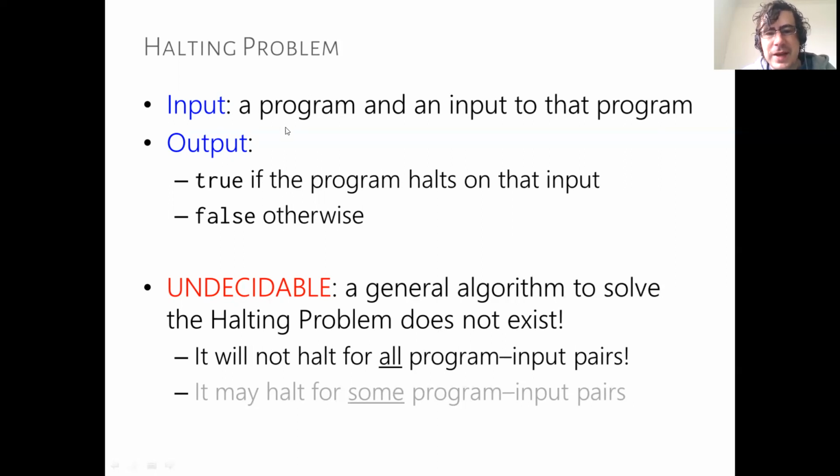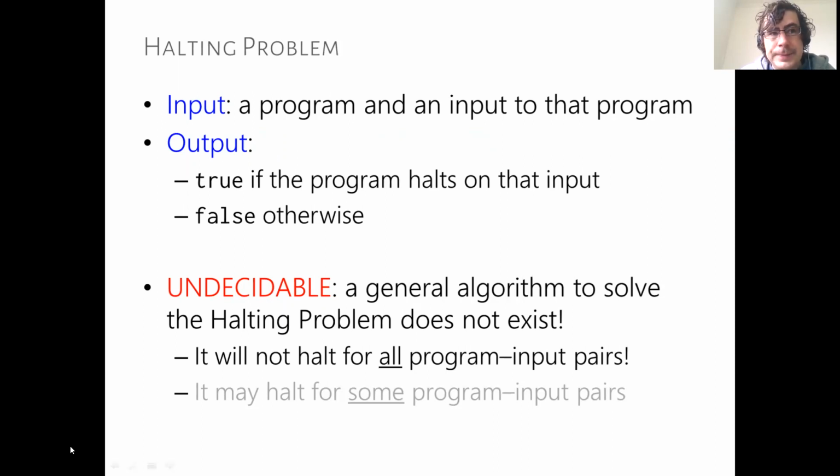So in some cases, yeah, we can pass the program and an input, and we can, for example, just run the program with the input and wait a bit, and after 2 seconds it stops, and then we can output true, right? But the problem is that in some cases, what happens when we give it a program and an input for which the program won't halt? Well, that strategy won't work, right? It won't work because we'd have to run it forever to see if it runs forever.